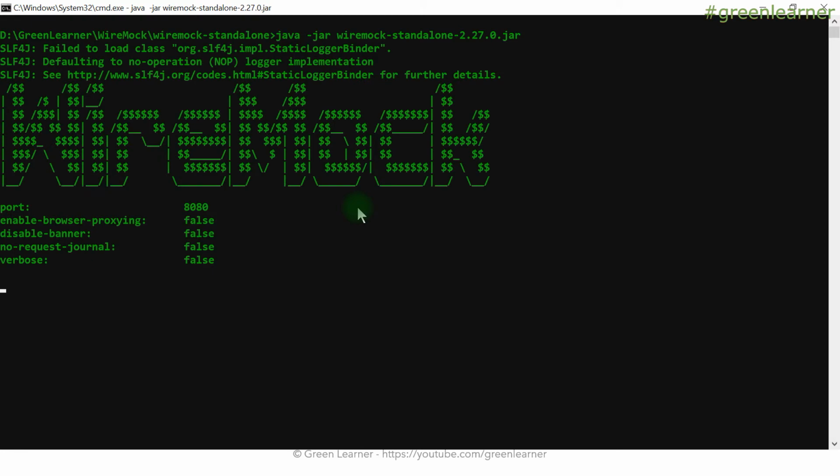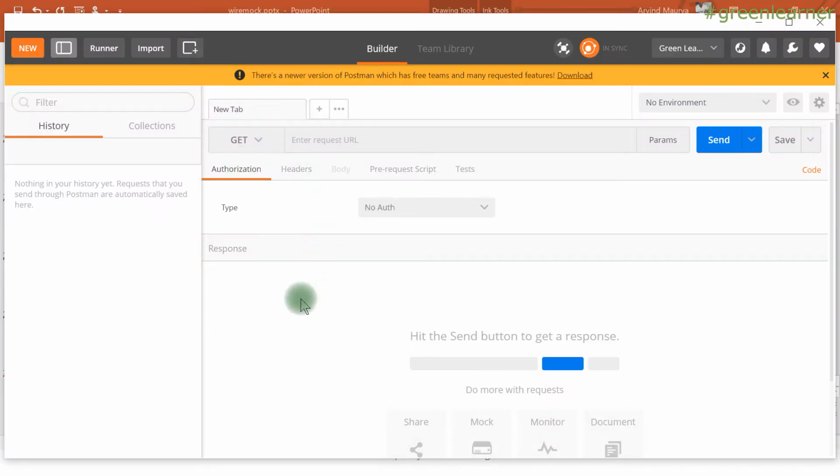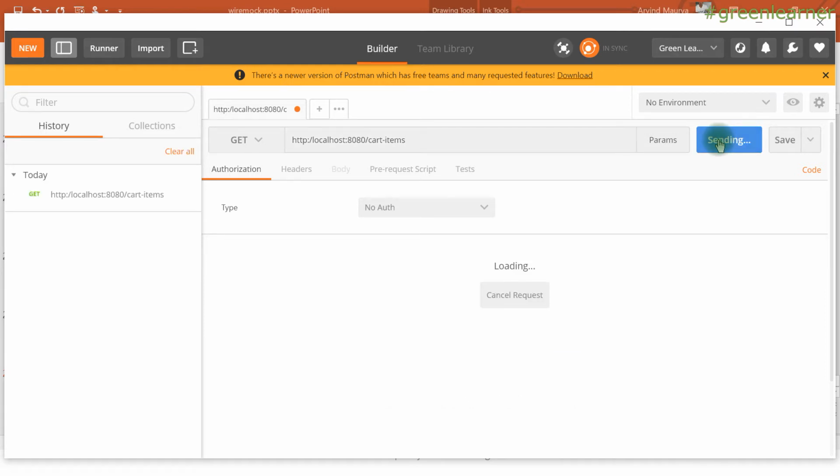Right? So yeah, WireMock is running now. So I have opened Postman. Actually, I have to do the GET, PUT, POST and DELETE requests, so WireMock is best for that. So just cart items. This is the endpoint that I'm going to hit. This is the GET request, and if I send it,